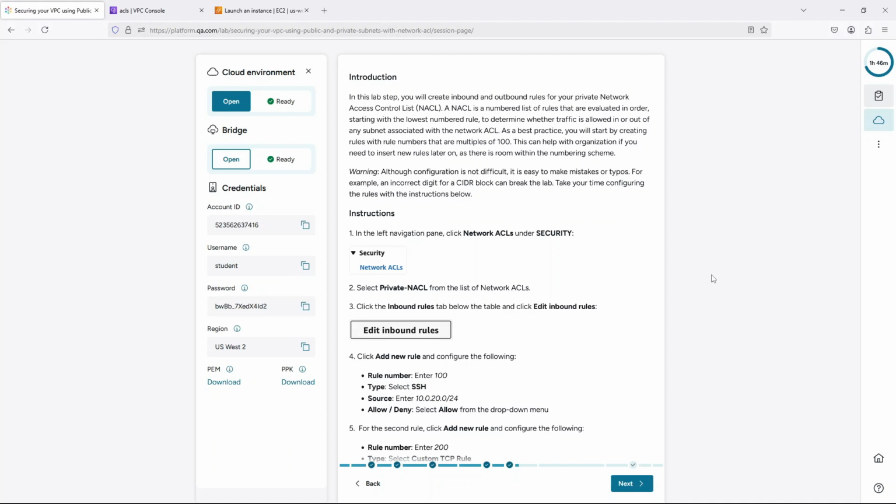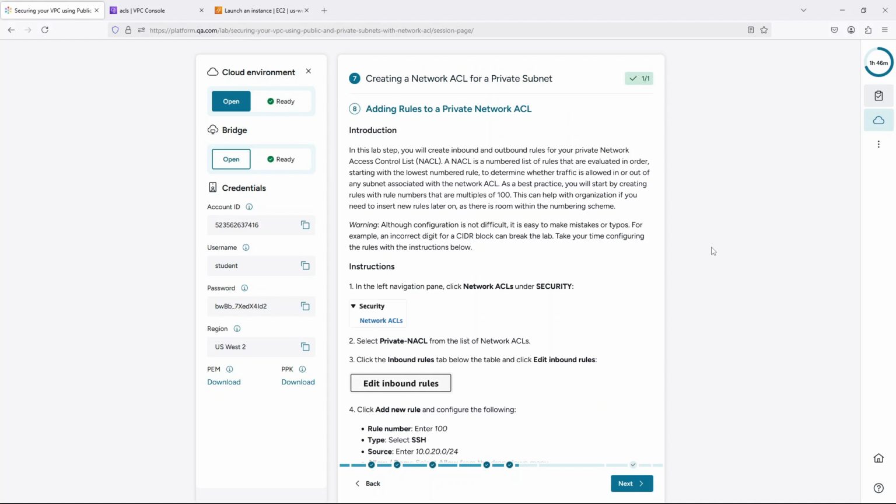Introduction. In this lab step, you will create inbound and outbound rules for your private network access control list, NACL. A NACL is a numbered list of rules that are evaluated in order, starting with the lowest numbered rule, to determine whether traffic is allowed in or out of any subnet associated with the network ACL. As a best practice, you will start by creating rules with rule numbers that are multiples of 100. This can help with organization if you need to insert new rules later on, as there is room within the